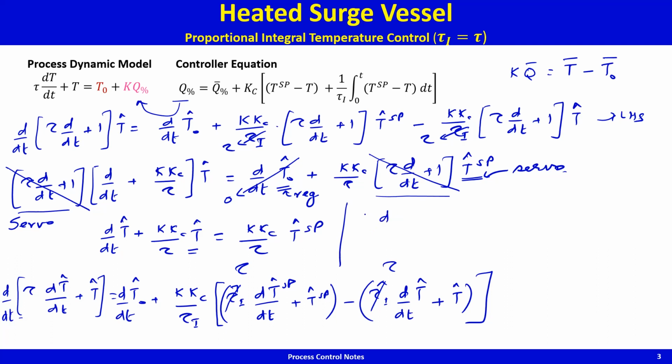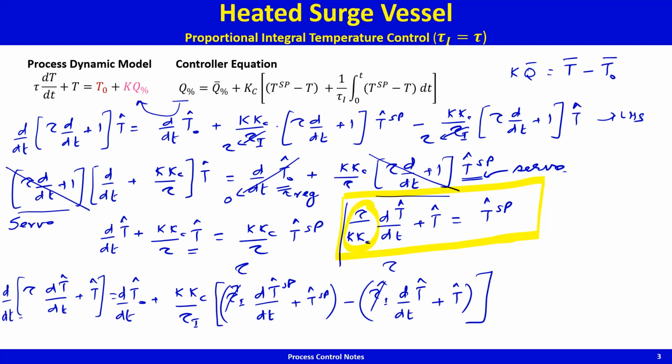tau by kkc into d t tilde by dt plus t tilde is equal to t tilde set point. So this is the governing equation for the servo response. It's a first order equation with time constant as here, gain is 1, and we've solved this kind of an equation before,